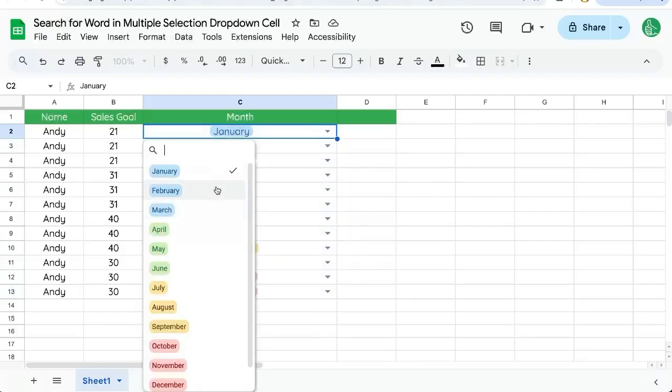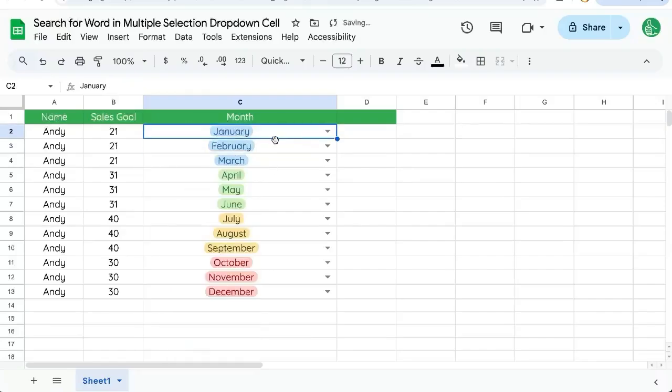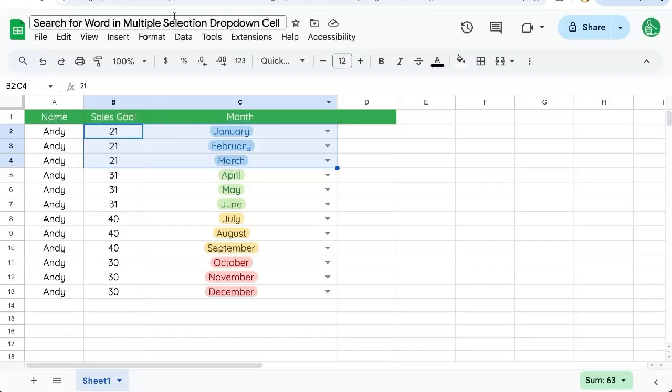And we have a drop-down that actually allows us to have multiple selections to ideally maybe clean this up in some way visually or just have this sort of database that says 21 is the goal for January, February, and March instead of 3 rows here. So however you have it, I'm going to show you a simple way to search for words in this C